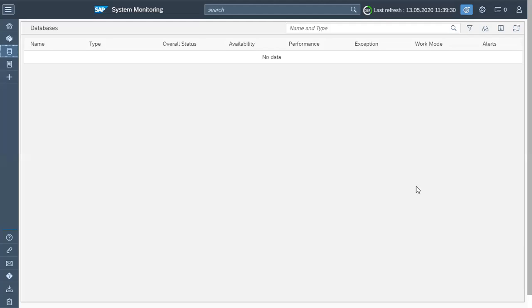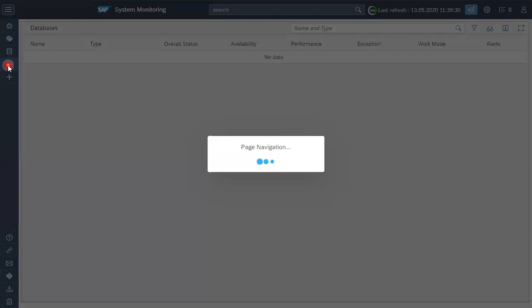So there are no databases. I think it is showing the Oracle databases which are a part of your landscape, but as part of the earlier screen, we have seen there were a couple of HANA DB servers as well. So next and last of this menu is host. If you click on the host, it will show all hosts listed, how many hosts are available in your landscape. So let's see what all the hosts are and what the status of all the hosts is in the system monitoring application.